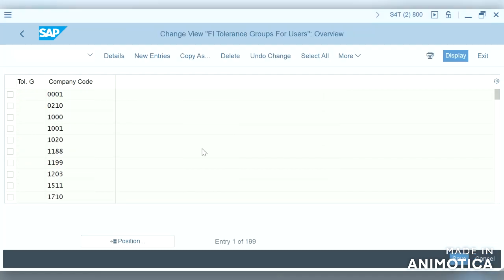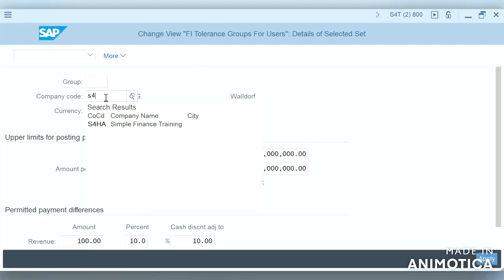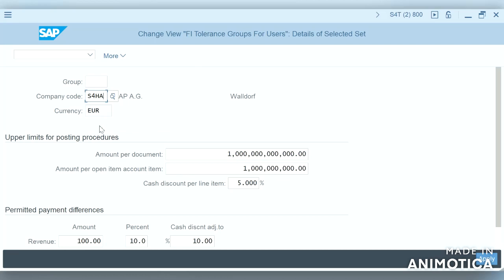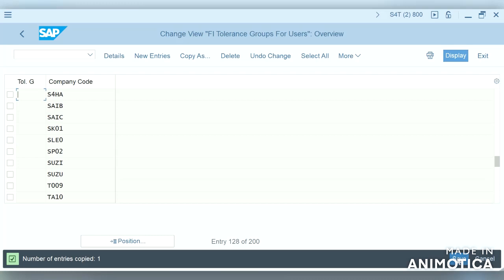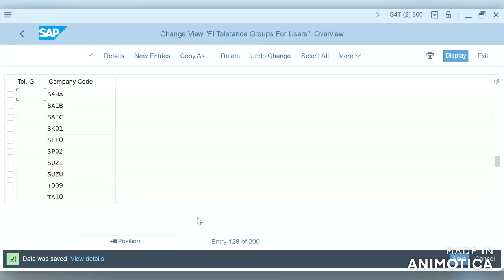Let us copy the tolerance group from the standard company code. Copy as S4 HANA and apply. Save. And so we have the tolerance group for the company code.